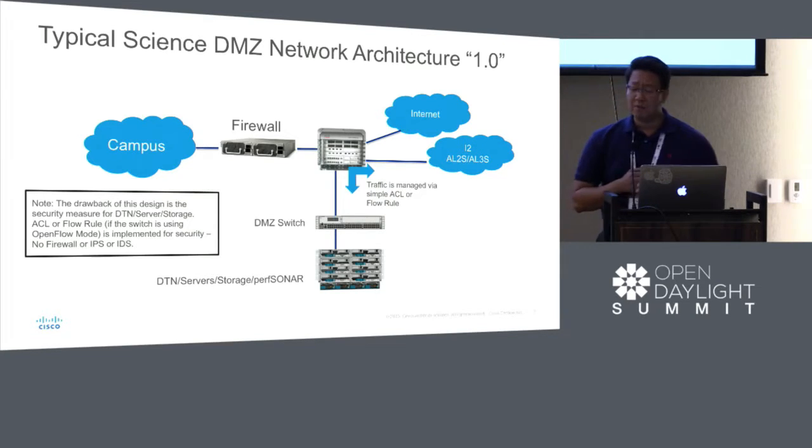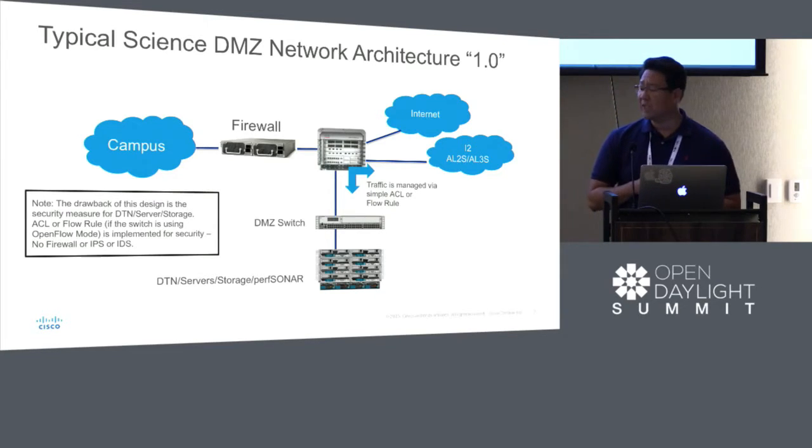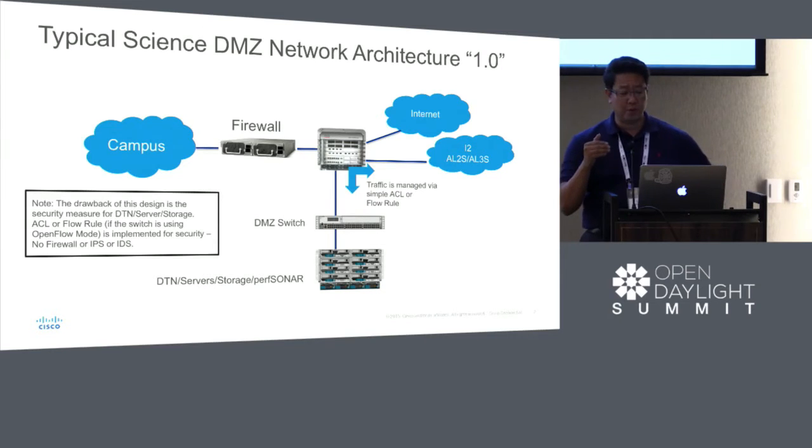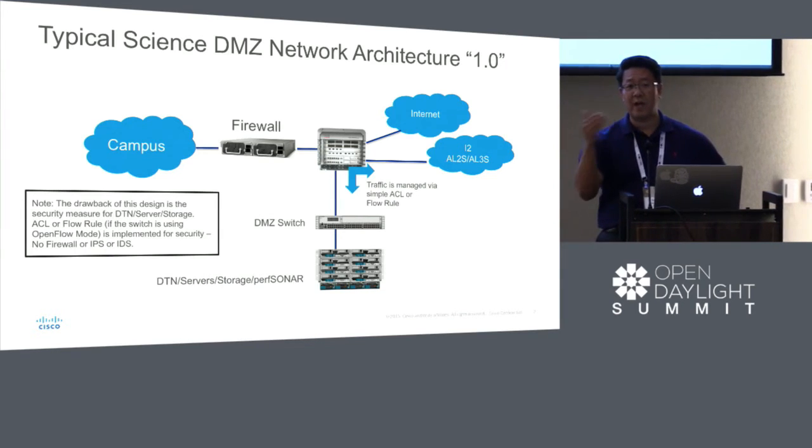So Science DMZ 1.0, the architecture I call 1.0, came from ESnet. And in this diagram, you could see you have the campus and outside the firewall. And outside the firewall, we create the DTN, data transport node. And the data transport node is directly connected to the DMZ switch, typically OpenFlow switch, and then connected to the router. The router has an ACL. So there was no stateful firewall going on. But then you are able to send large